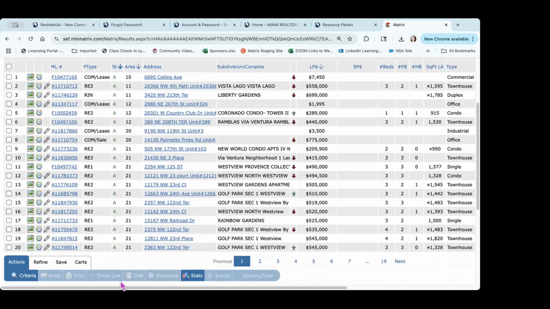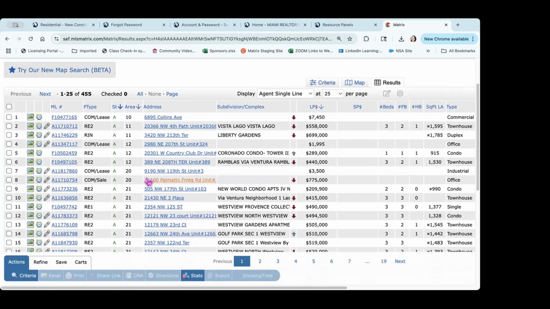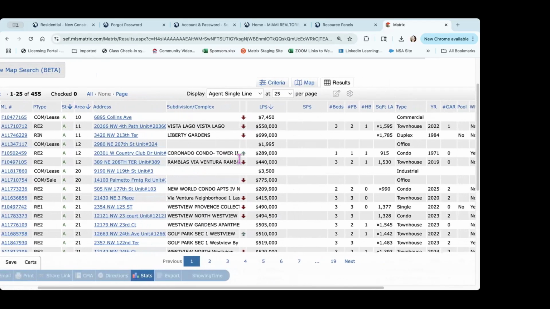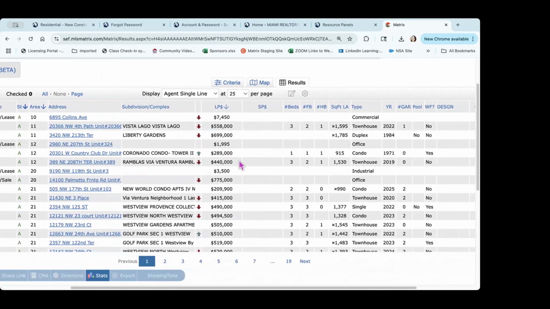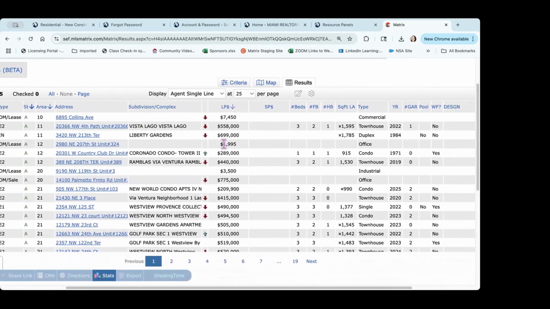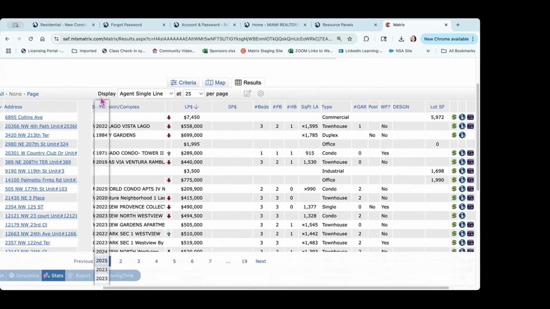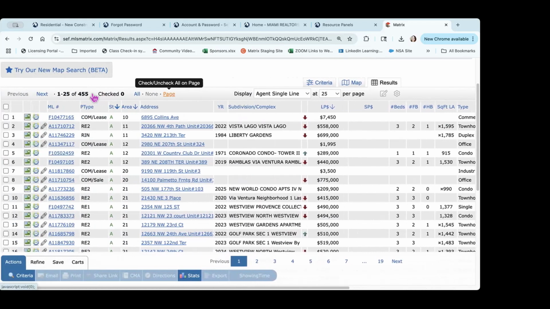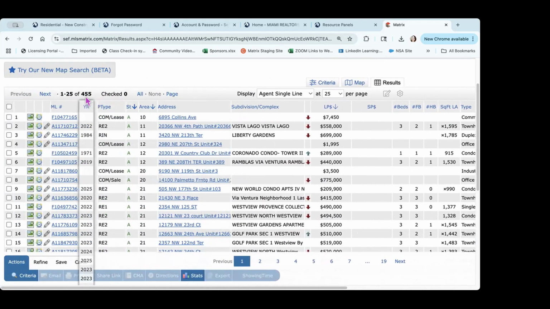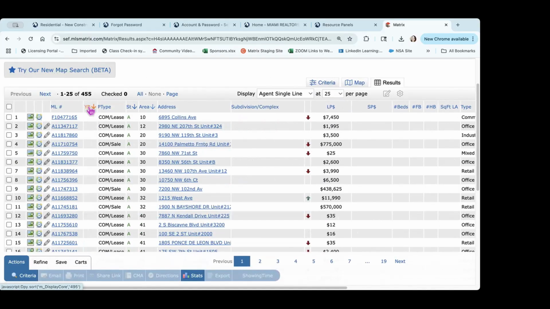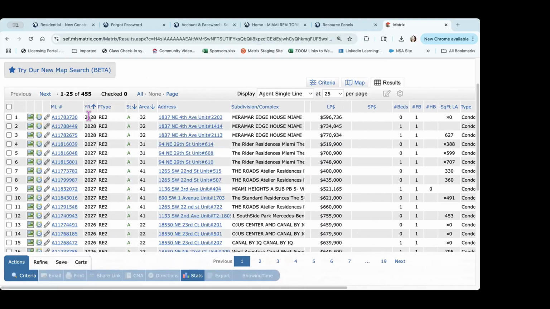Results. Now from here, I have to be careful. I see it put in some rentals in here, or this is the lease price for the commercial, but I need the year. So I'm going to take the year and I'm going to drag it. And I'm going to organize it by clicking on year. And now here we have 2028,